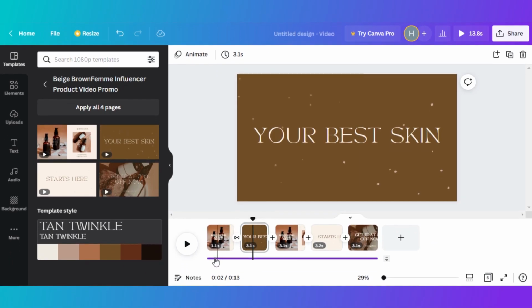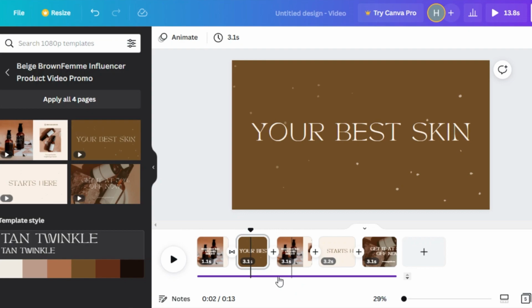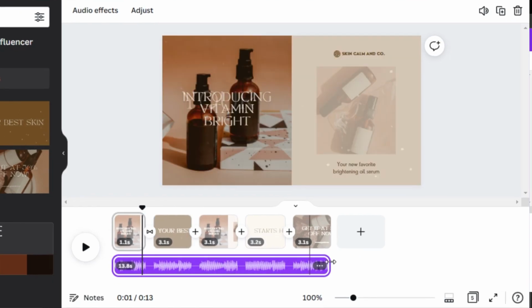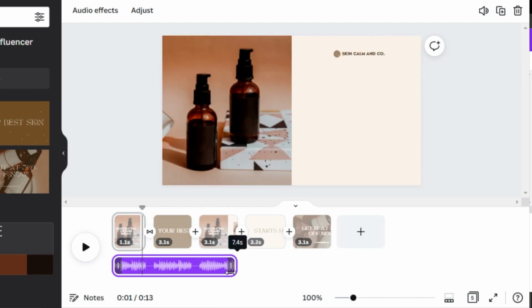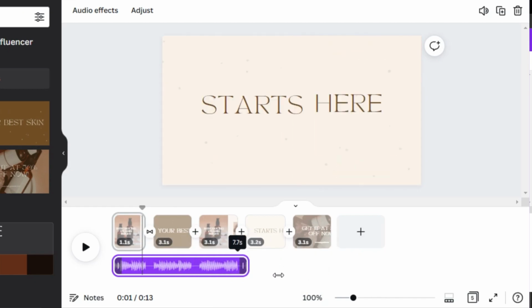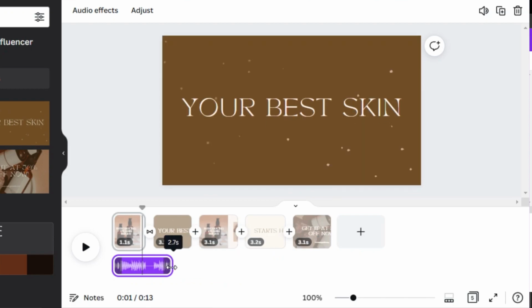After that, you can see there is a music added. This line at the end is going to be the music line. And if I click right here, then you can see this is the music that has been added. It also works with the timeline right here. And we can drag it to kind of decrease the music